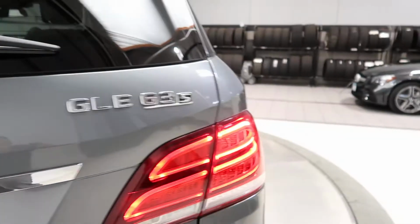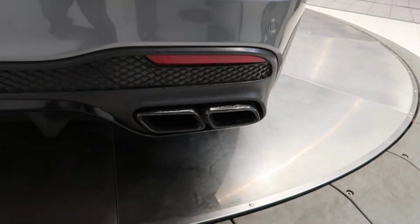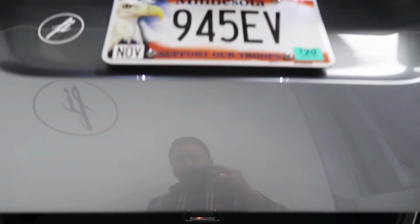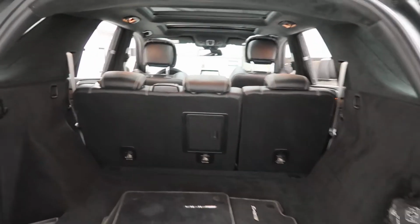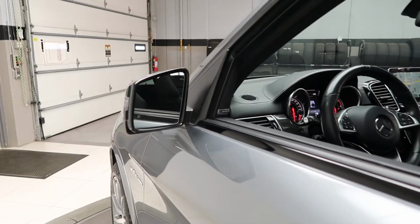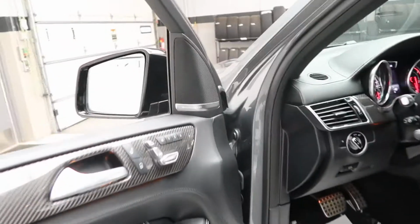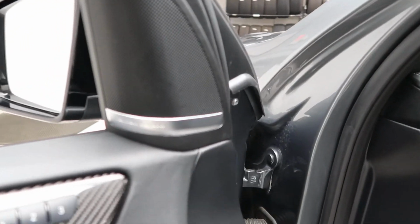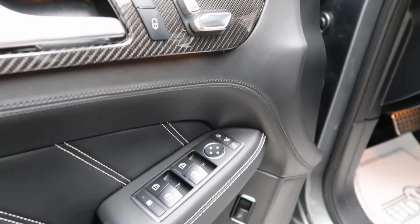AMG GLE 63S badging. Also included is the AMG exhaust. Power liftgate. Clean set of floor mats, fold down rear seats. Coming alongside, this one does come with the Premium 3 package, which is going to give you a blind spot assist, Harman Kardon sound system, a carbon fiber trim, memory seats, power windows,